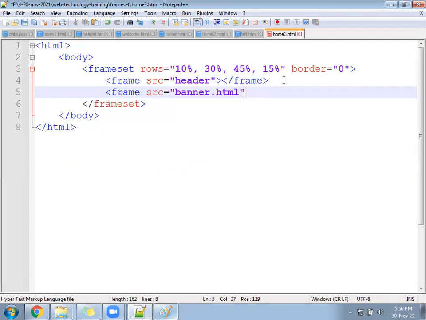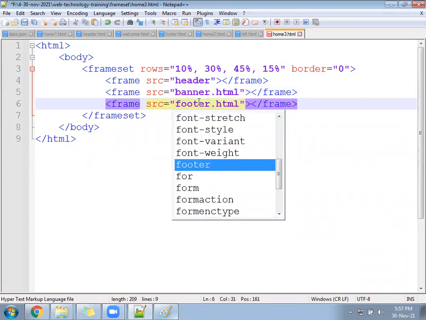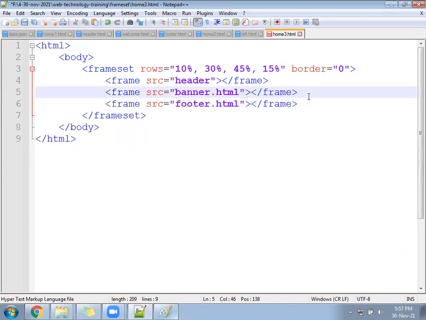We have to create the banner file, banner.html. Third will be footer. Fourth is footer here.